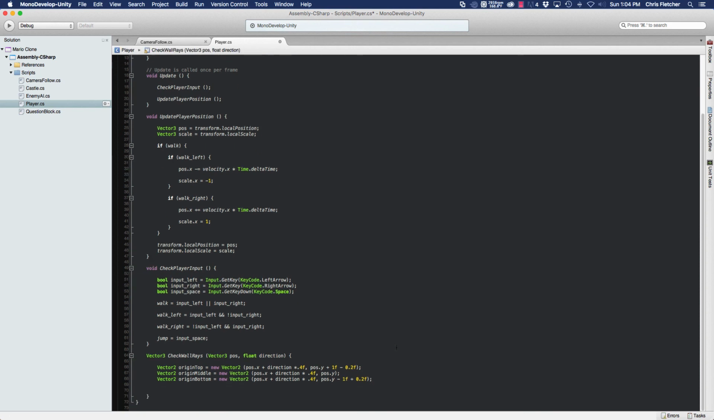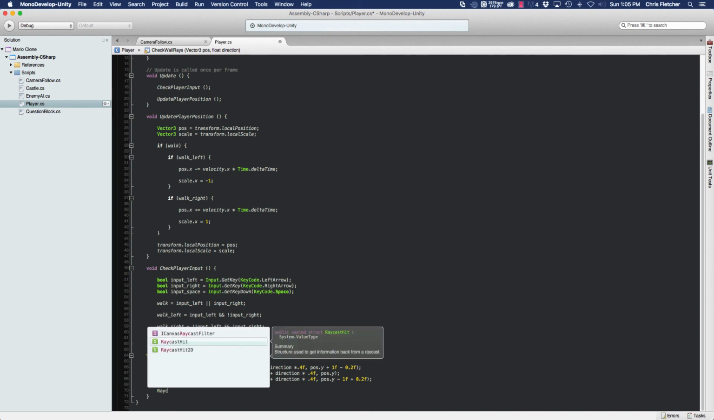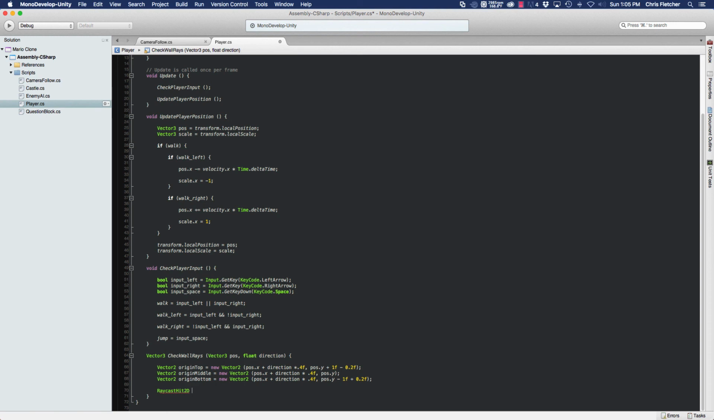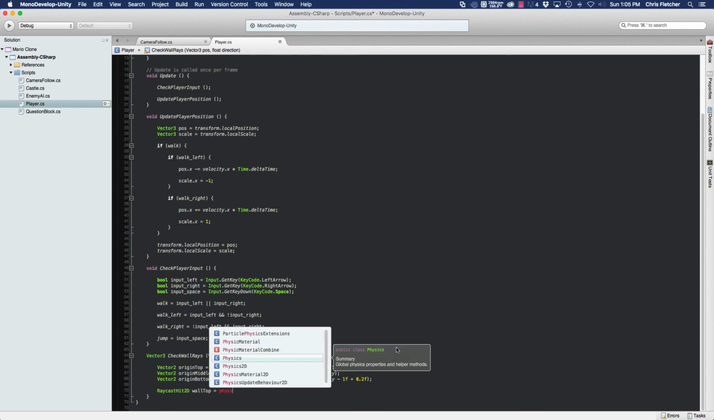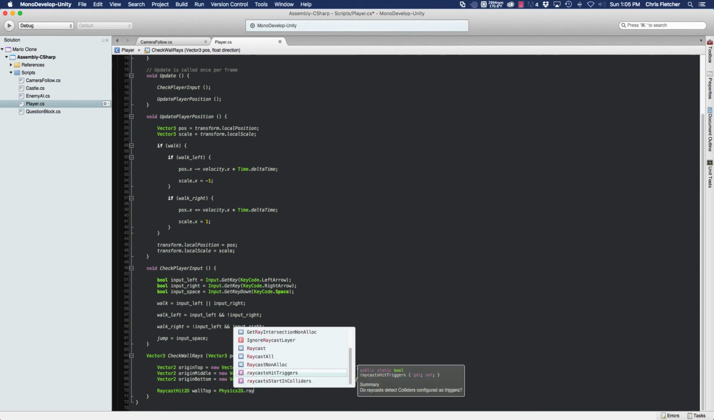To create a raycast, we use the Physics2D class. There's also a raycast for 3D, which uses just the Physics class, but for this we're going to use Physics2D. Our Physics2D raycast has a return value, a RaycastHit2D object, which contains all the hit information, which we're going to get into later. So for now, let's create a RaycastHit2D variable and call it wallTop. We're going to use Physics2D.Raycast,